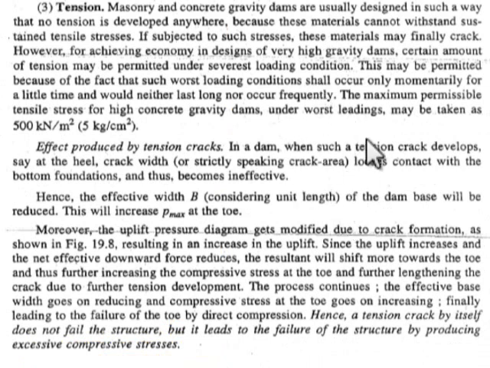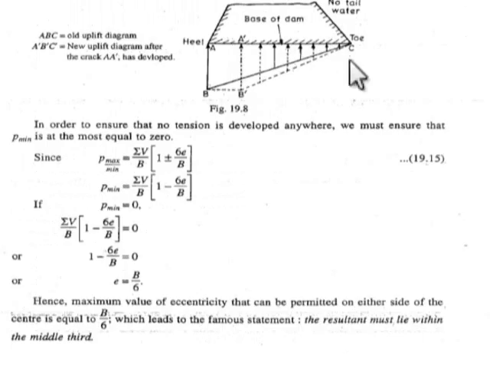This is a very important thing about tension failure: how tension failure converts into a compression failure. In this diagram you can see that one crack is developed at 8 prime due to tension, and this reduces this portion, and hence the compressive stress becomes higher, and then that becomes higher than the allowable stress in concrete. So this failure is due to tension, but it is a compression failure.